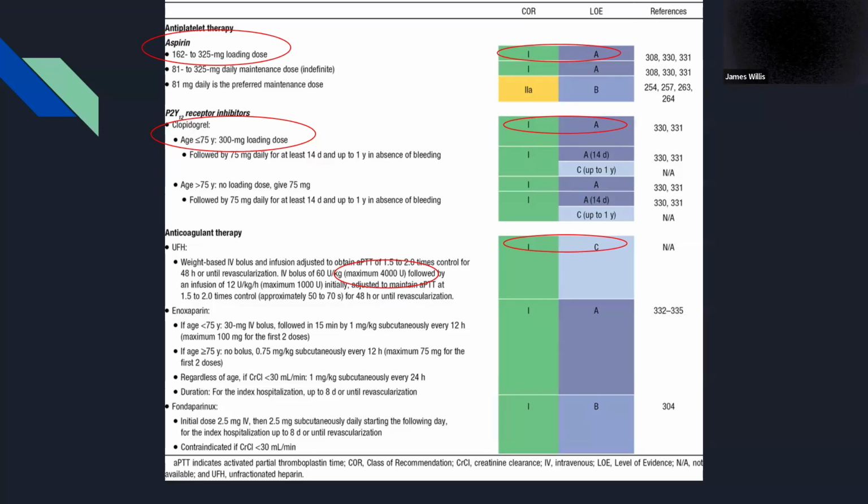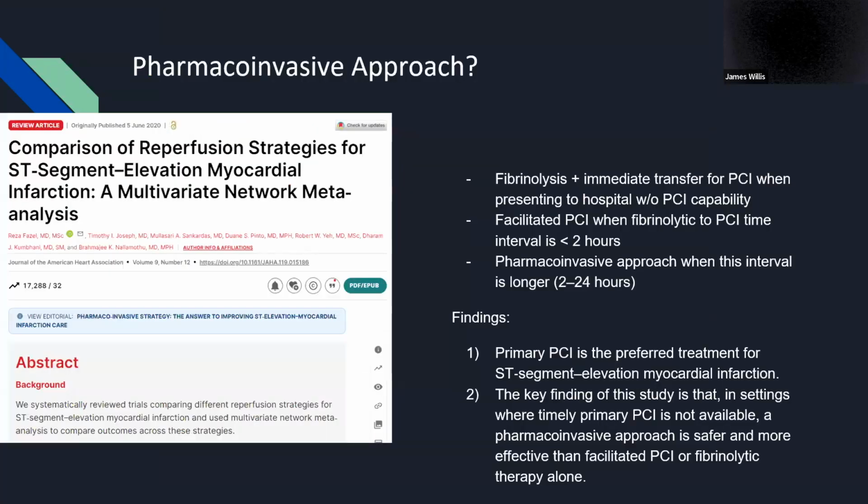So that's why, if you see cardiology ordering 600 milligrams of clopidogrel or 5,000 units of heparin, they're basing it on the assumption that this patient is going to get PCI right away. Some interesting topics about this. Ultimately, the patient was transported to Maimonides, and we don't have access to their records, so I don't know what happened. But this case got me thinking